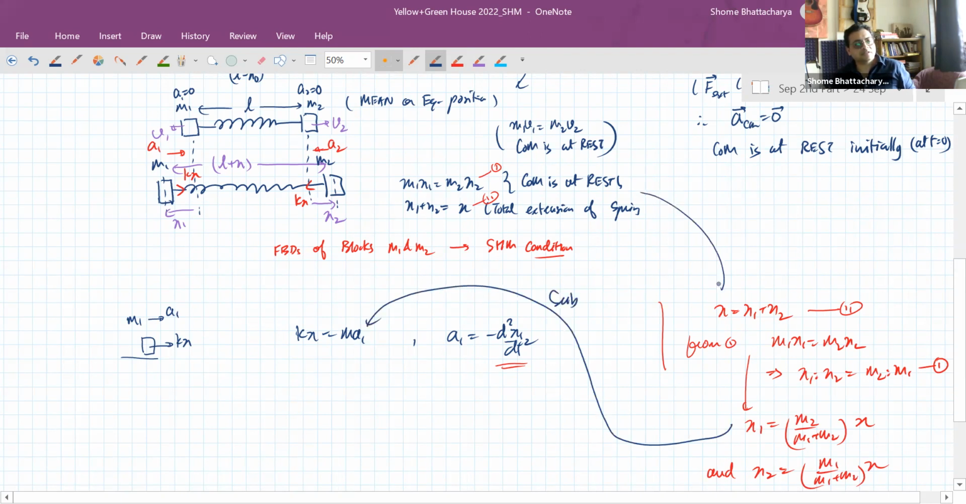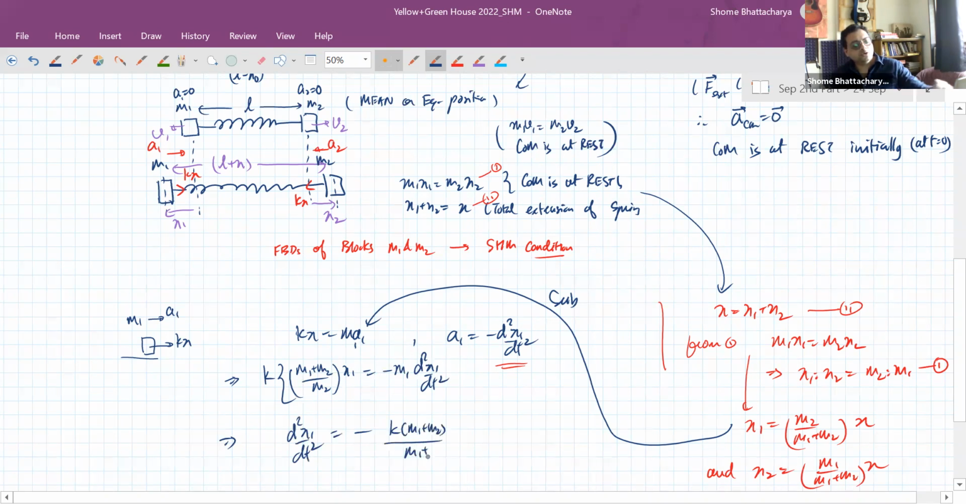Okay, so from this we are getting this. So we can substitute this. So we'll have k into, now x can be substituted as (m1 plus m2) upon m2, into x1. This is equal to minus m1 d2x1 by dt square. So now you see you are getting your SHM equation, that d2x1 by dt square is equal to minus k into (m1 plus m2) divided by (m1 into m2)